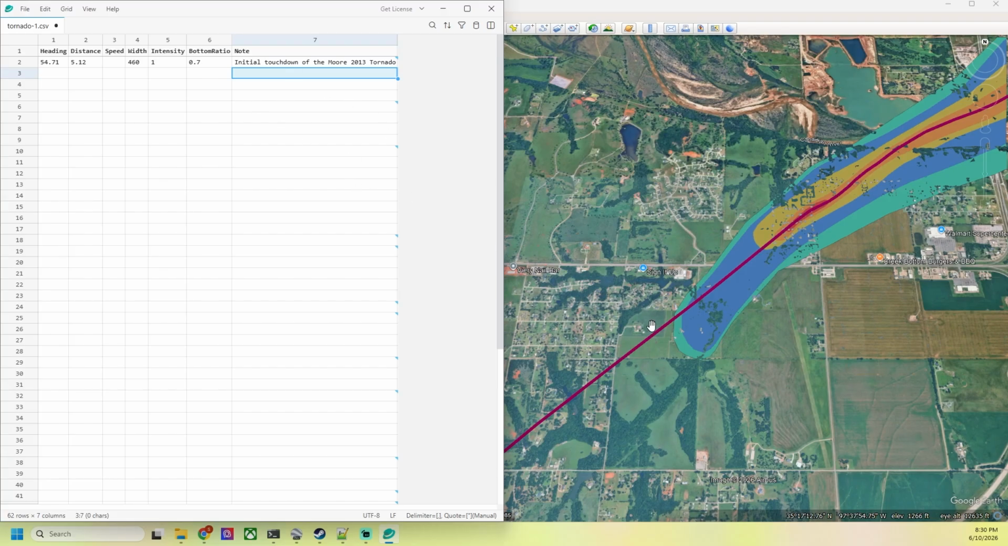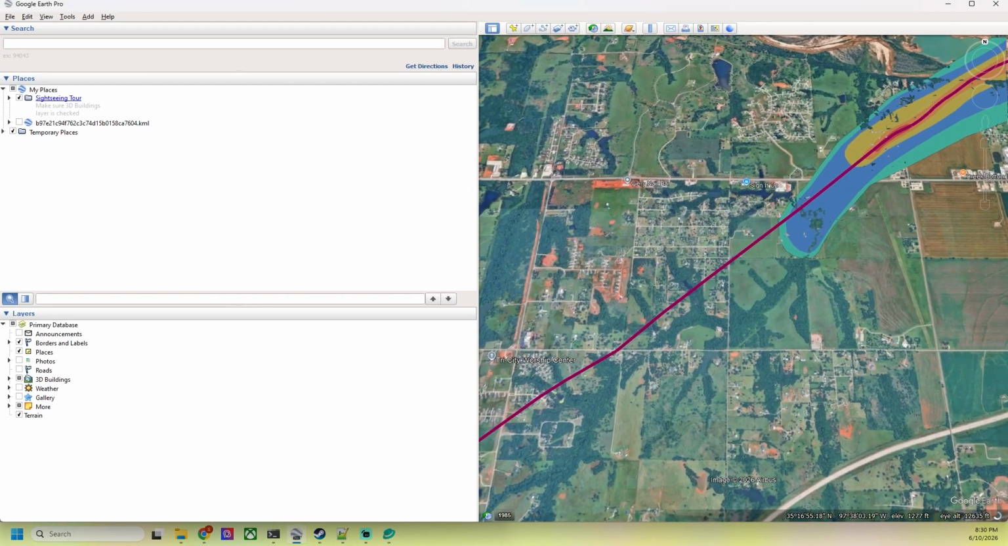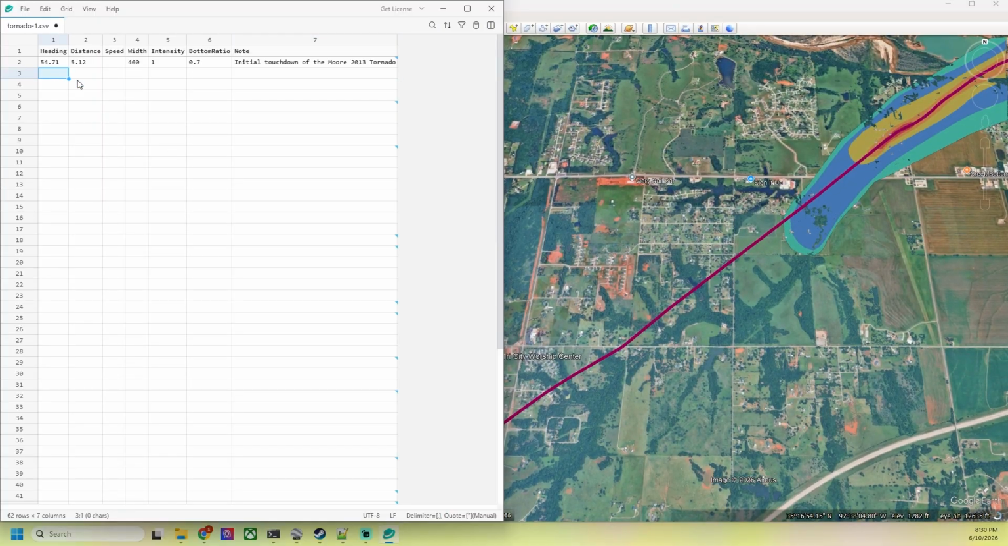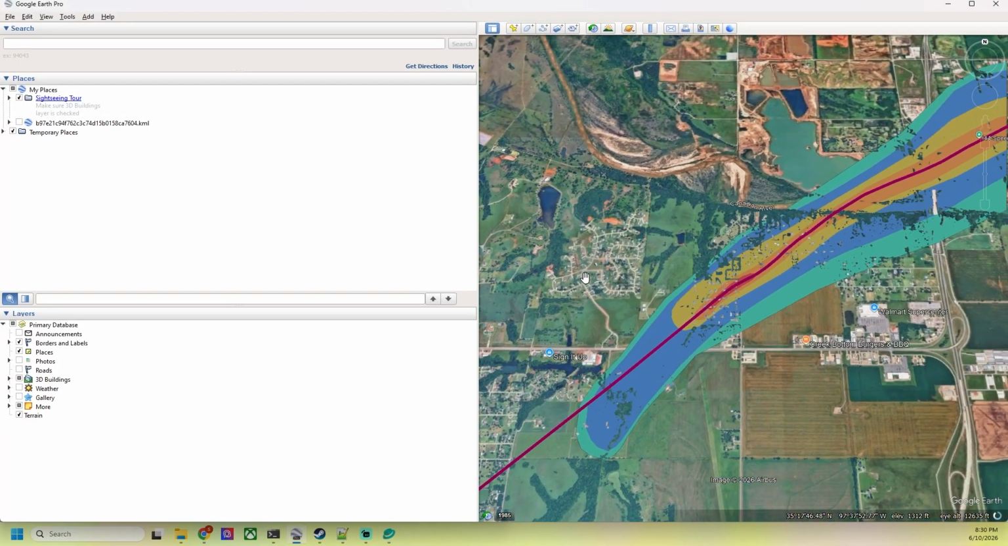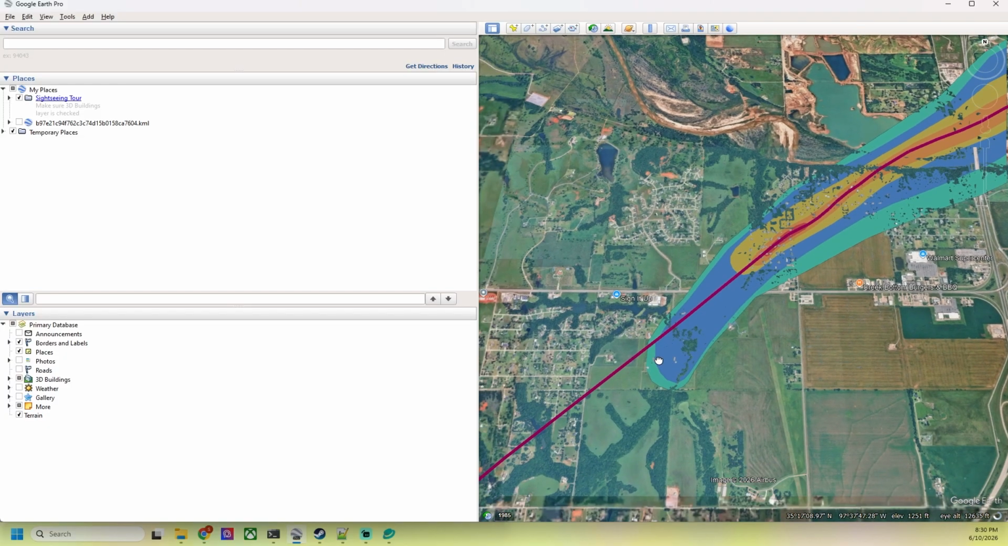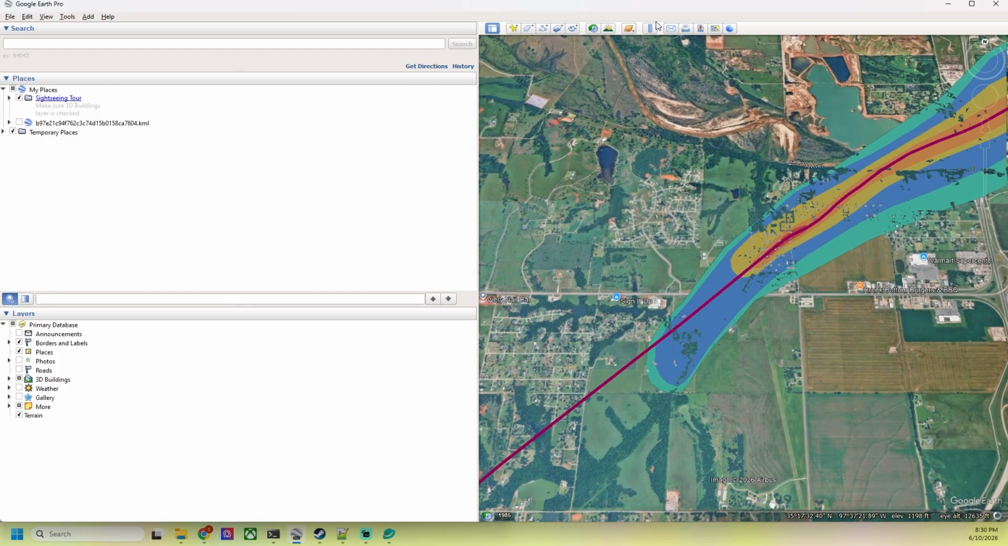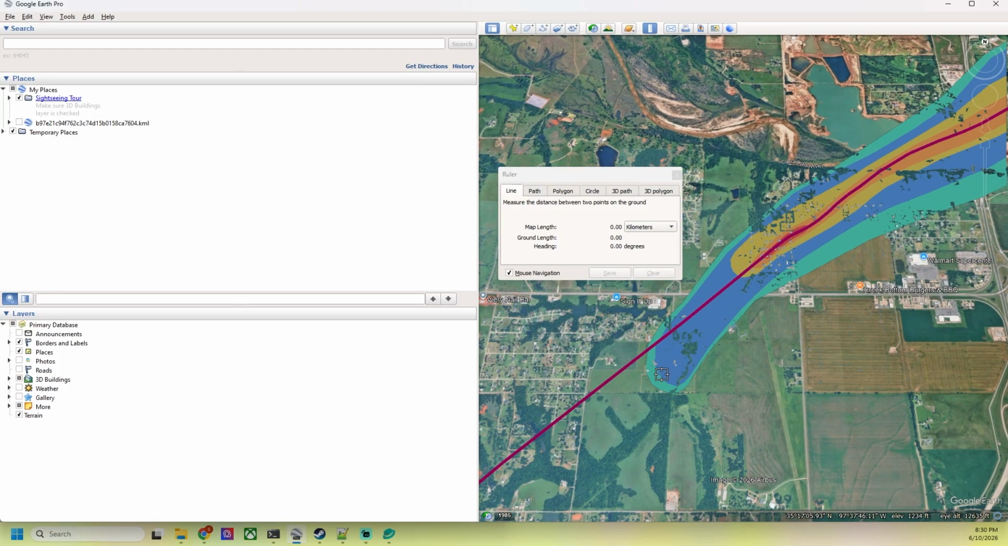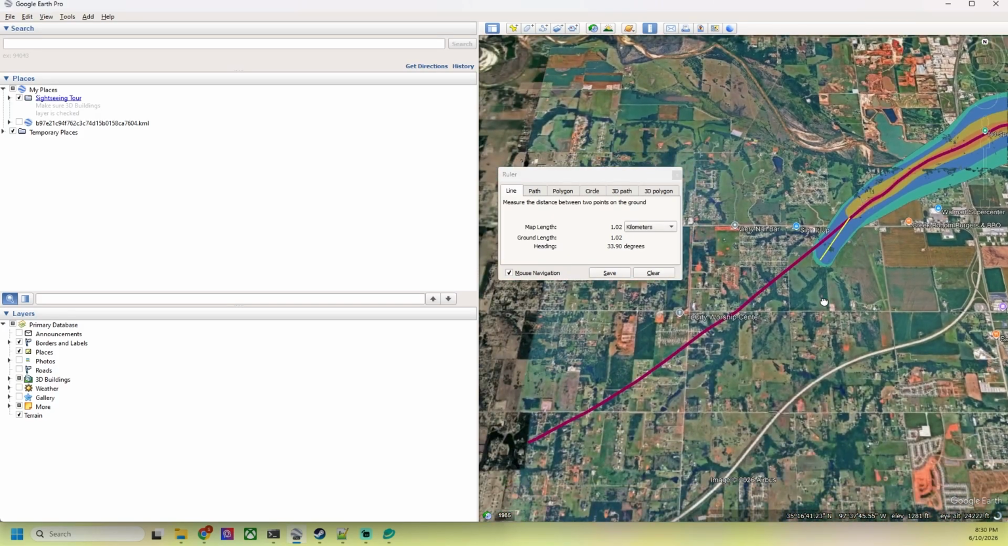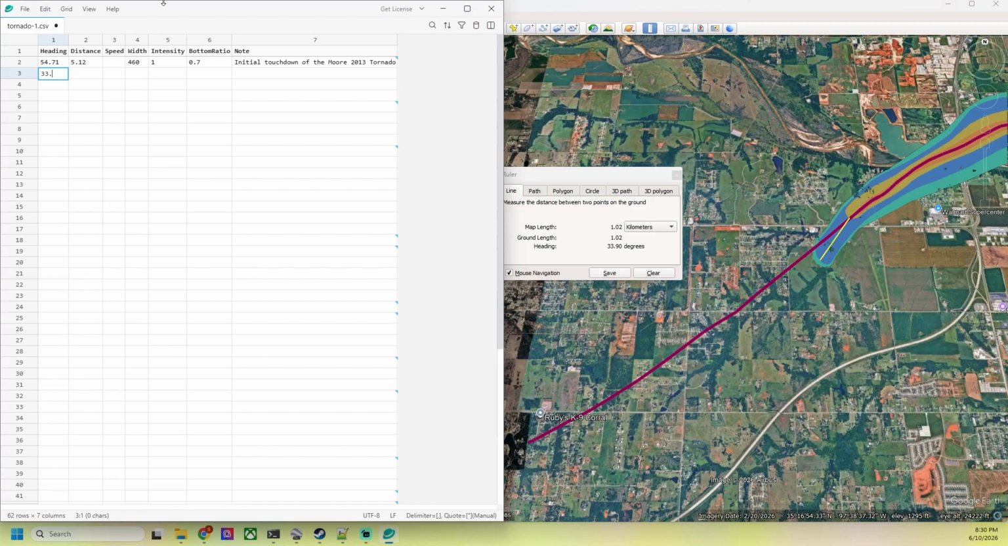So each of these is going to be a leg essentially of the tornado, and then we'll continue to create these. So then the next leg, so we've got to this touchdown point here. I'd say each leg is each time it changes heading quite significantly. So if we go from here to here, we went from the initial point to here, so that gives a heading of about 55 degrees. And now we're on a heading of 33.9. So we can add 33.9 to that